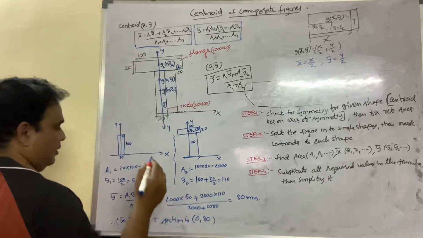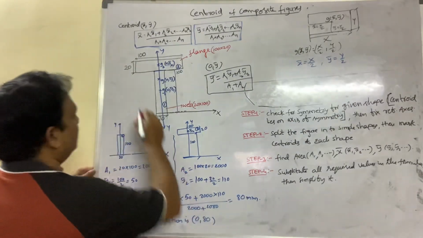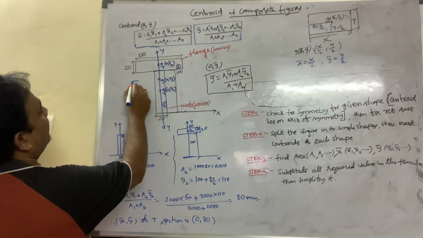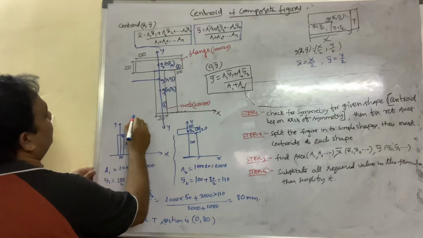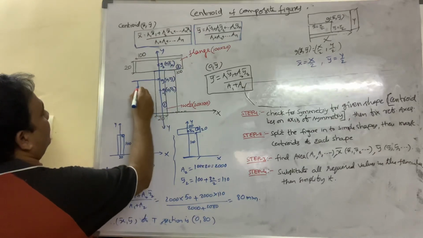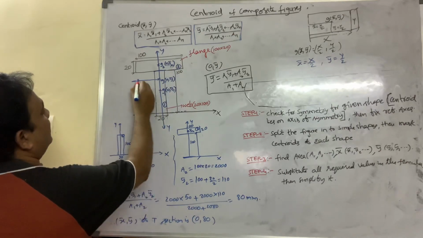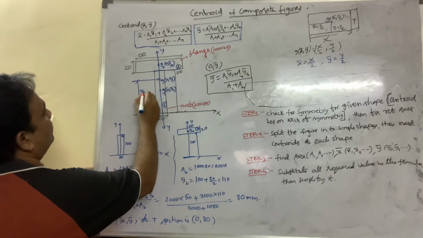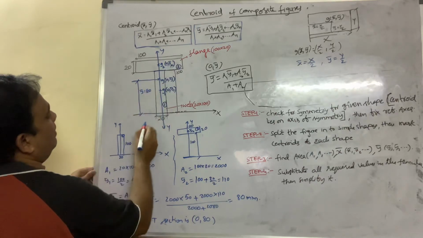Let us mark these coordinates on the sheet. That is, the centroid is located at a height of 80 mm from the